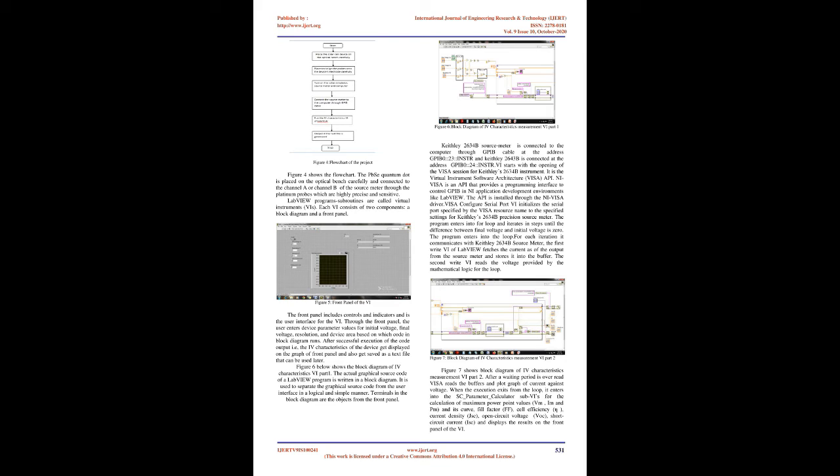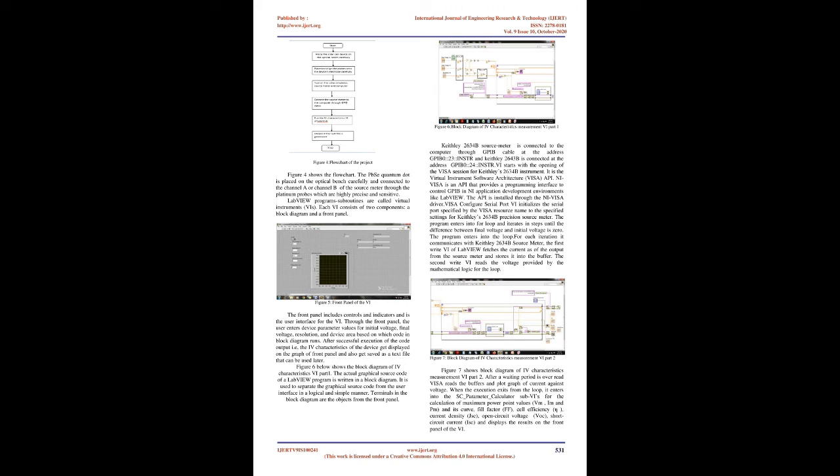Through the front panel, the user enters device parameter values for initial voltage, final voltage, resolution, and device area, based on which the code and block diagram run. After successful execution of the code, the output I-V characteristics of the device get displayed on the graph of the front panel and also get saved as a text file that can be used later. Figure 6 below shows the block diagram of the I-V